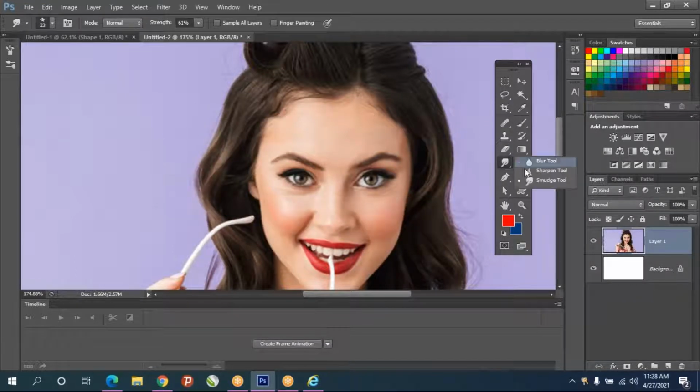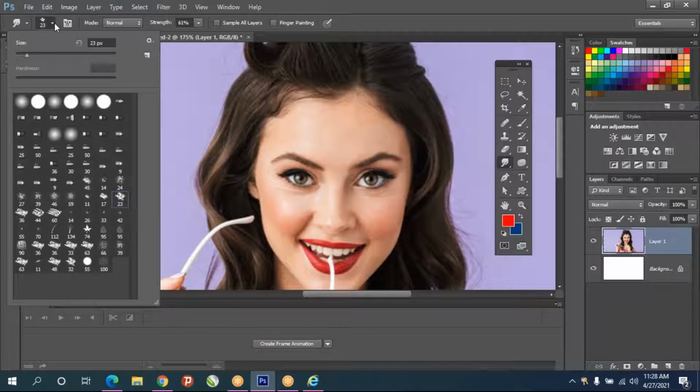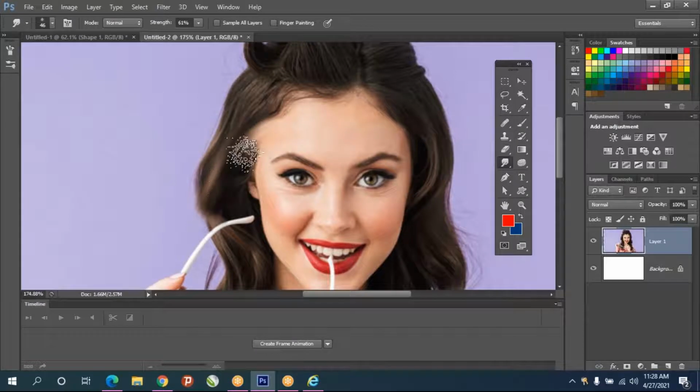And once you select smudge tool, there is no shortcut for smudge tool. And if you go to brush presets, we have lots of brushes for smudge tool also. You can choose anything you like. See, after selecting smudge tool, I'll select some rough edge brushes. See, like this.